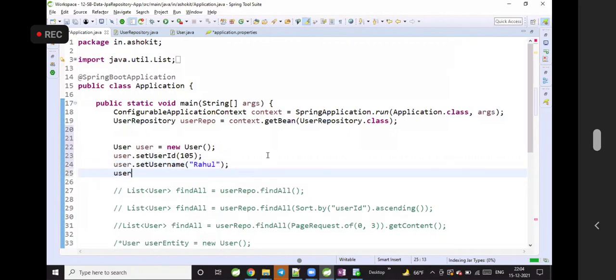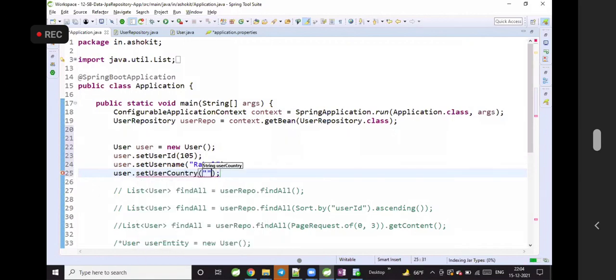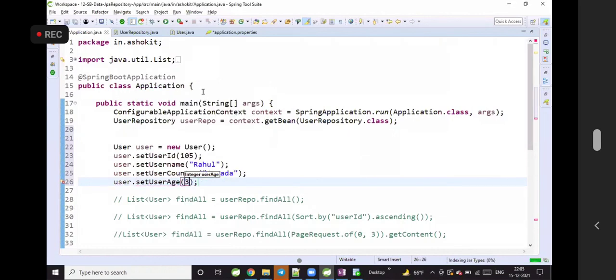Then user.setUserCountry, I'm setting the country as Canada. user.setUserAge, I'm giving 30 as the age.